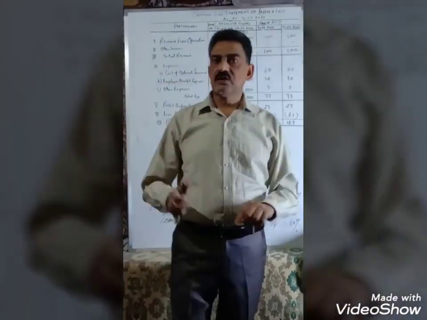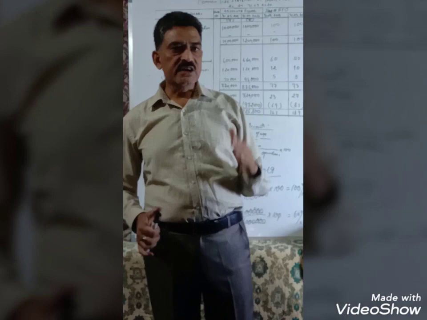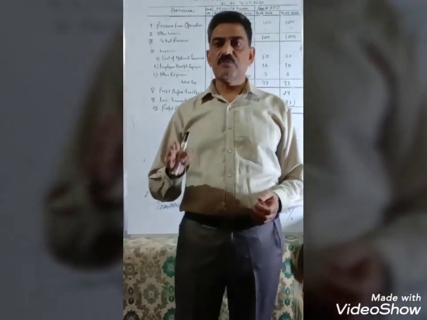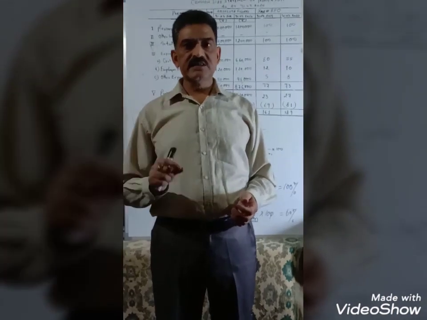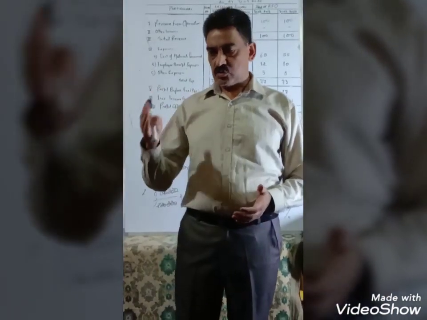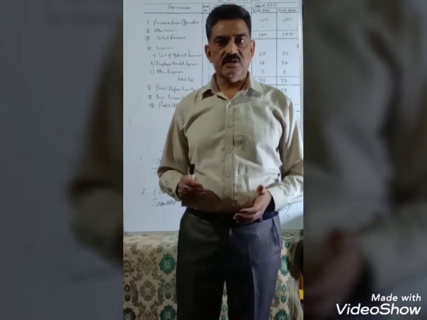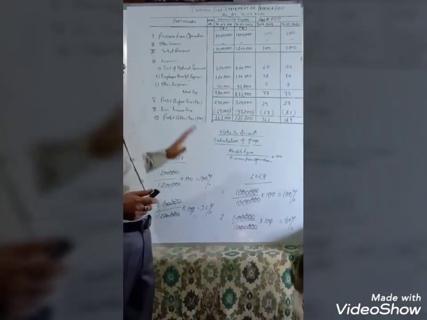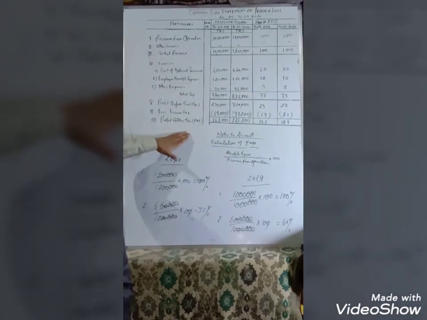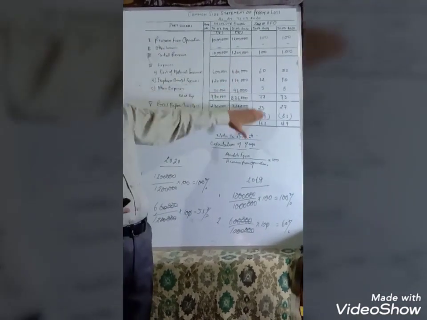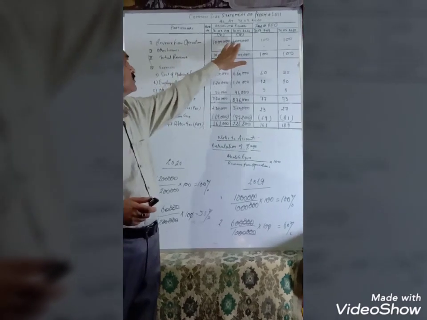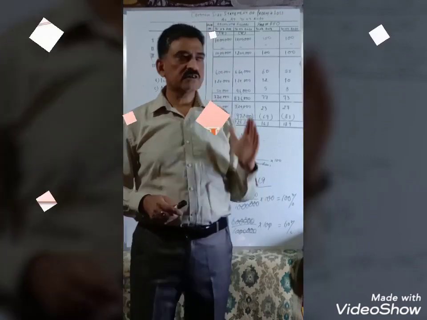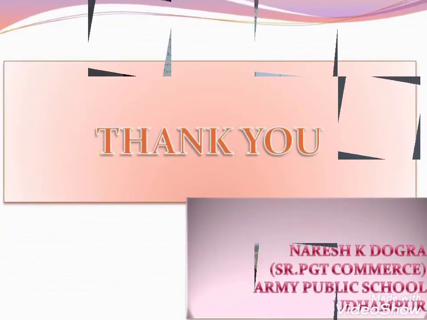Here we will have to take a common factor for the conversion of individual items into percentage. Revenue from operation. Revenue from operation is what? This is net sales or total sales minus sales return. So this is what the net sales, also termed as the revenue from operations. Each and every individual item will be converted into percentage on the basis of the total, this revenue from operations. This is what common size statement is.